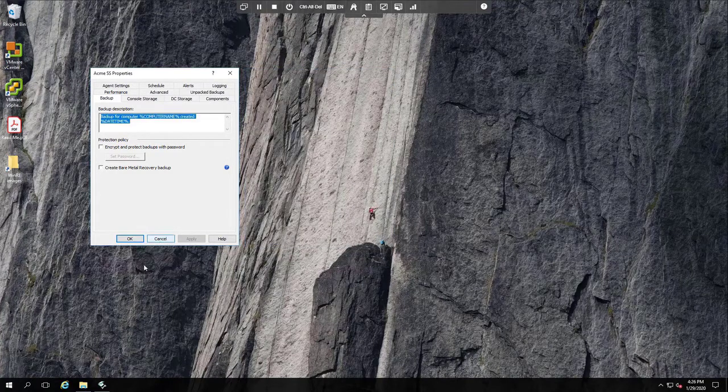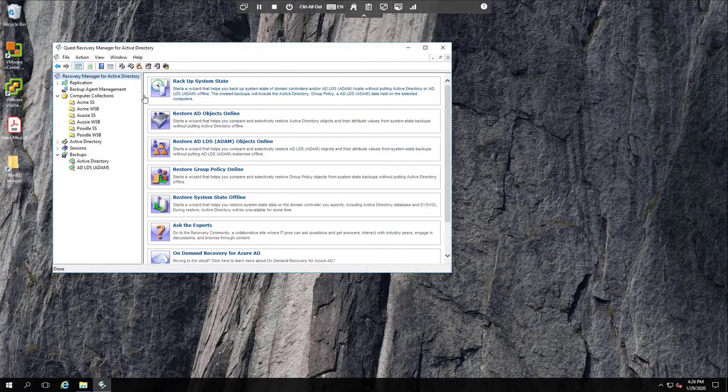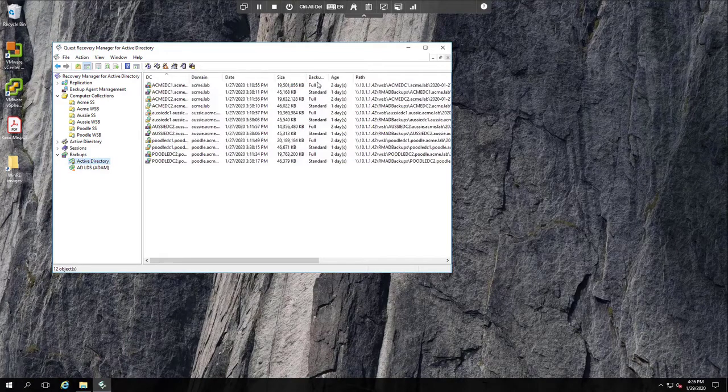Now that we've looked at those, let me close those out and bring up this window again. You'll notice I've run these computer collections. That's why each one of them has that little green checkbox next to it. And if I come down here to my Active Directory backups, you can see my backups are all listed in here. Some of these are full backups. Those are rather large. There's also a system state backup for each one of these machines, and those are actually smaller and compressed. So they're about 60% compression is what we get on average.